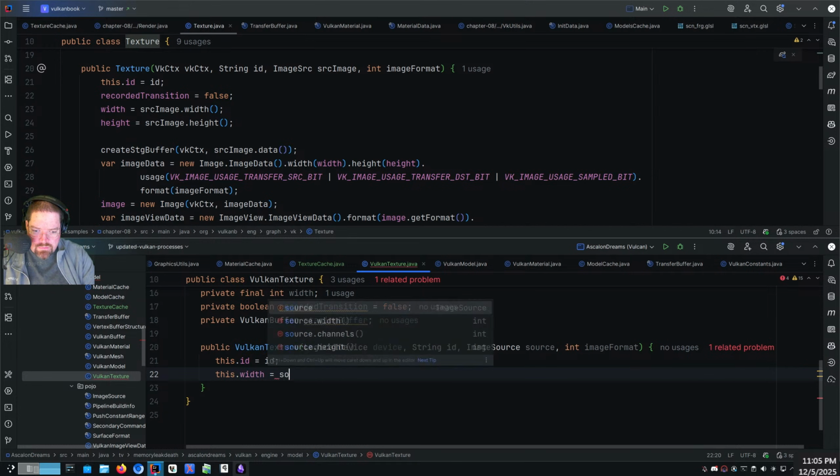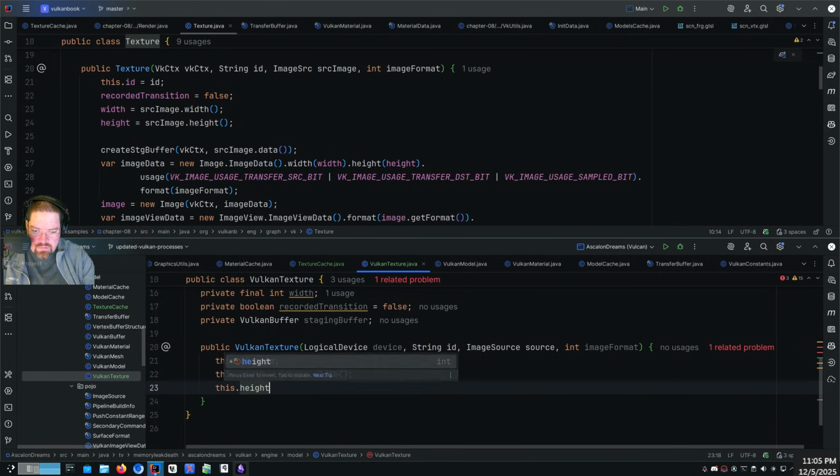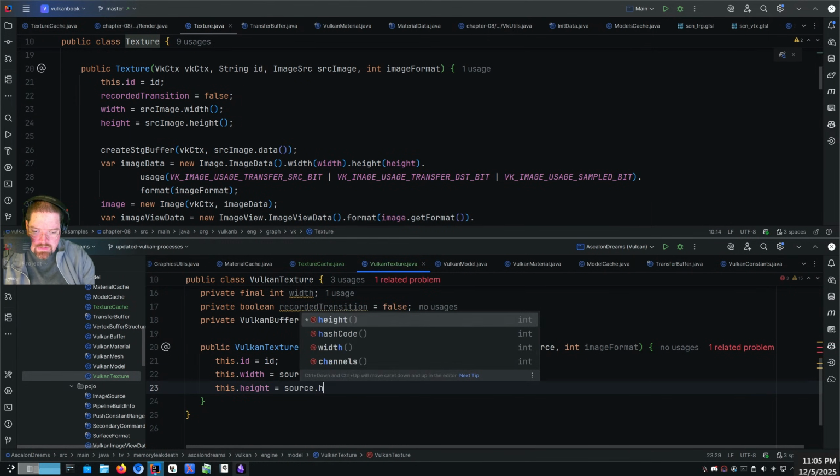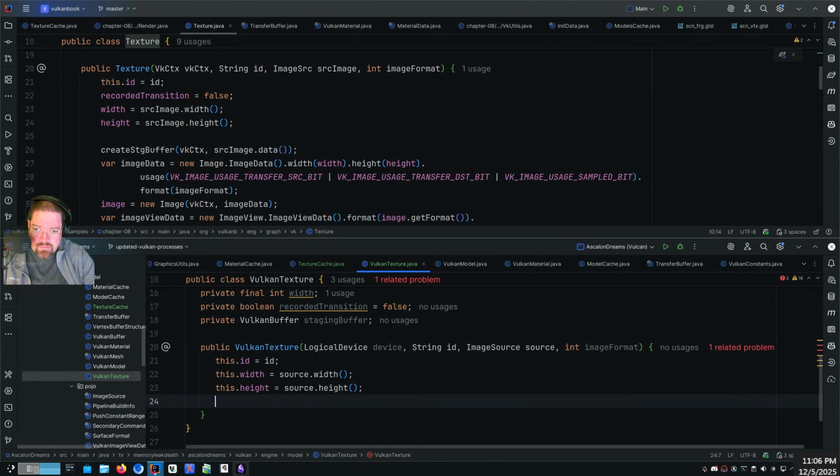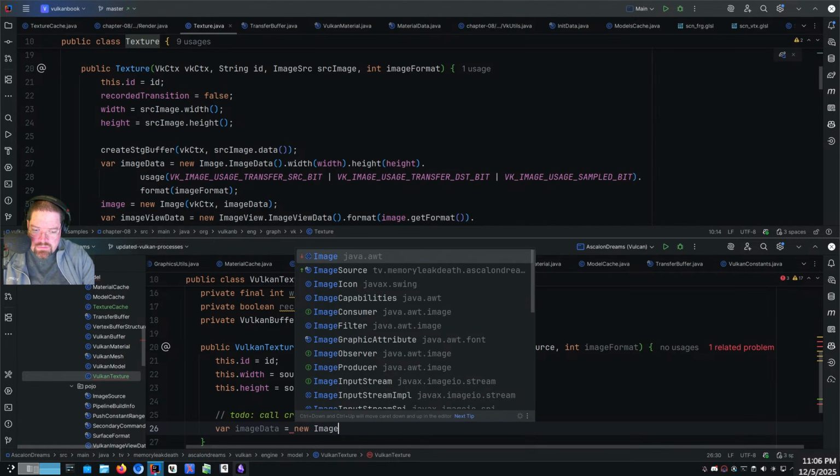Width equals source.width, source.height, create staging buffer. A minute here, var image data. This new image